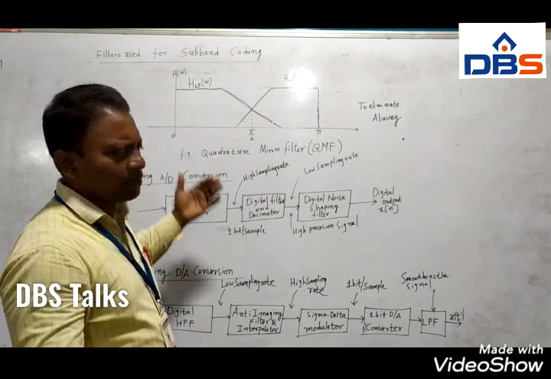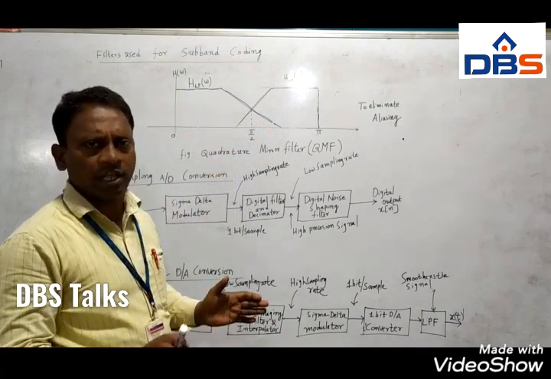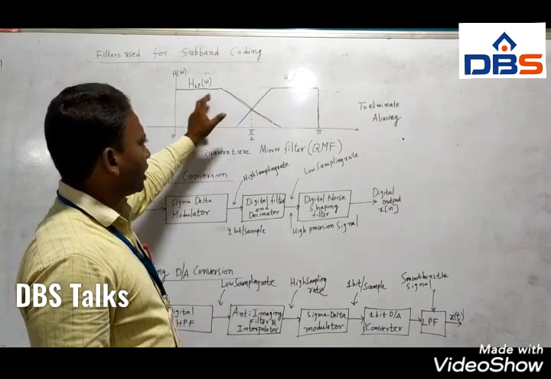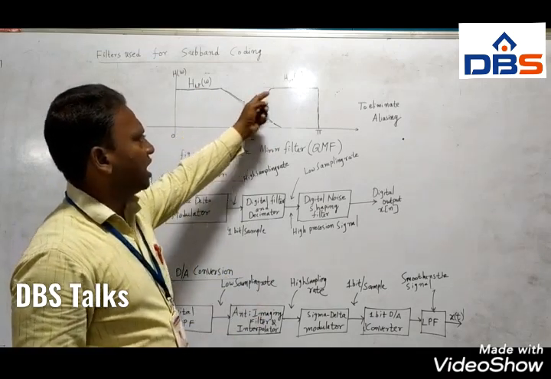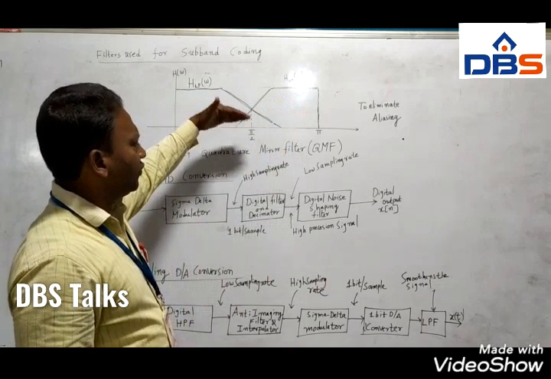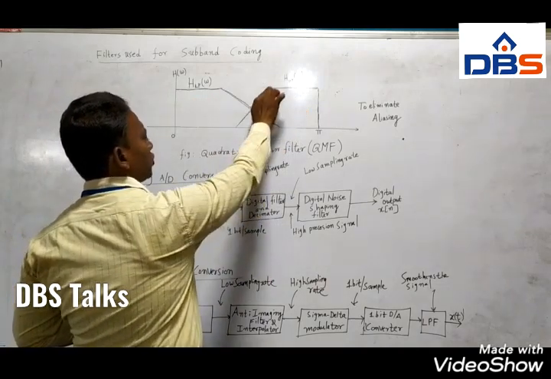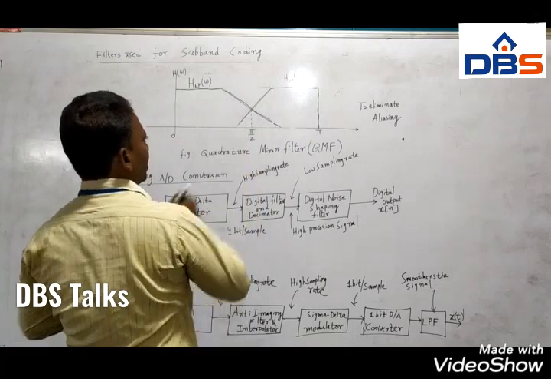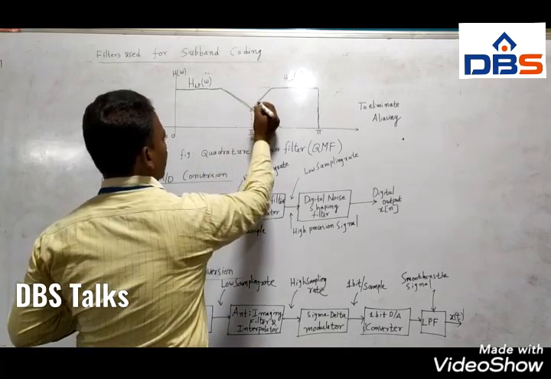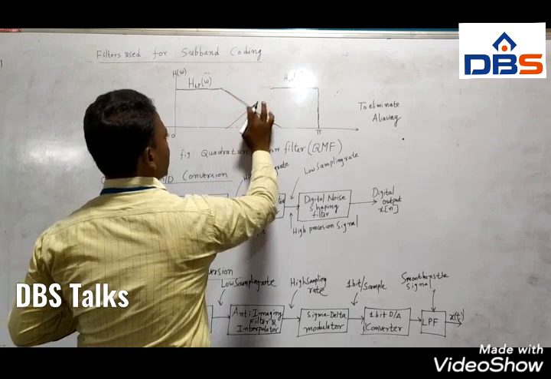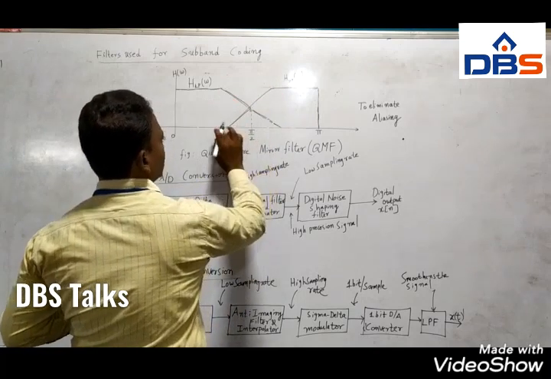So normally we cannot use only a low pass filter or a high pass filter. It is a combination of both the low pass filter and the high pass filter. If you understand this, you see the slope is slowly rising here, and then it is falling. If you want to draw it, exactly it looks like this. The slope looks like this.